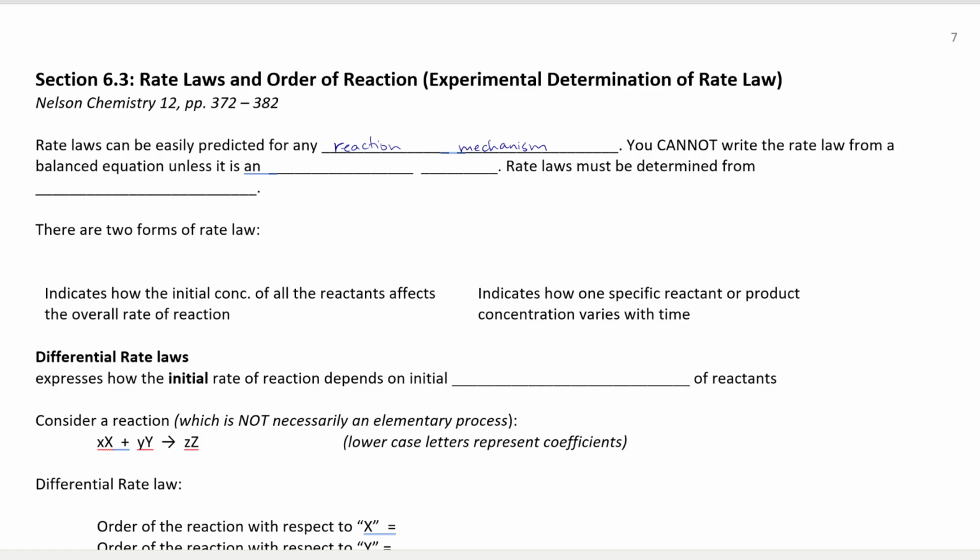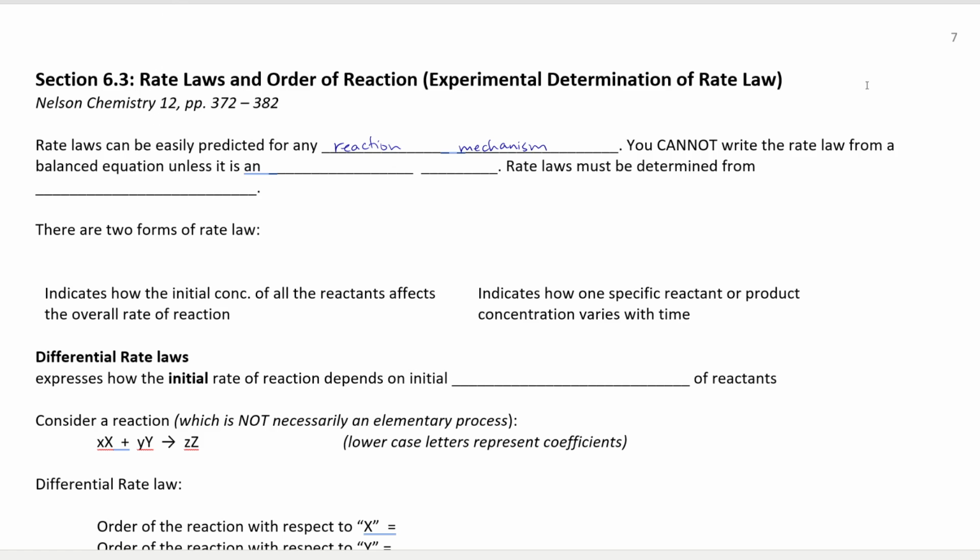You can create a mathematical equation for the rate of a reaction if you have the reaction mechanism, because all you need to do is look at the rate determining step, which is the slowest step in the reaction mechanism,